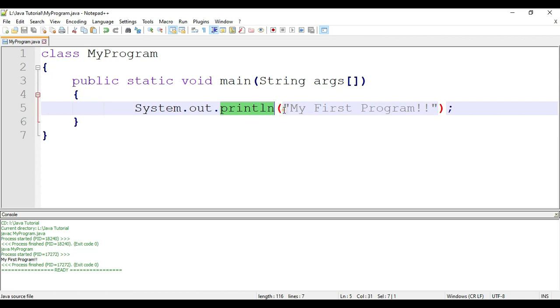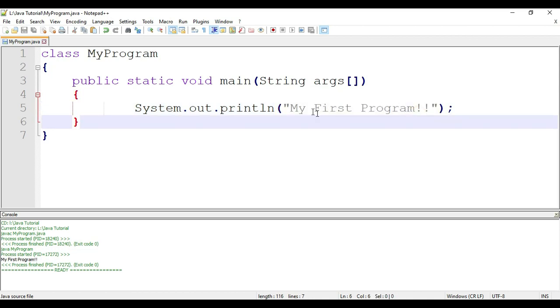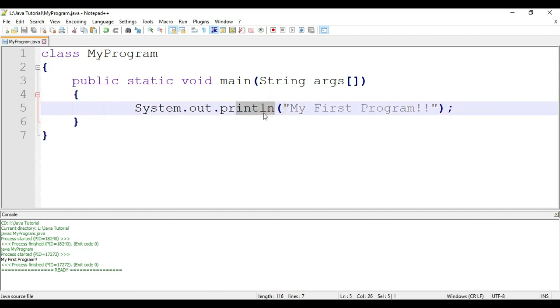Println is going to print your message, whatever message you are passing in double quotes, and it is followed by a next line. If you give only print, then your cursor will not go to the next line. So System.out refers to printing on the console, and print or println is a method to print on the console.